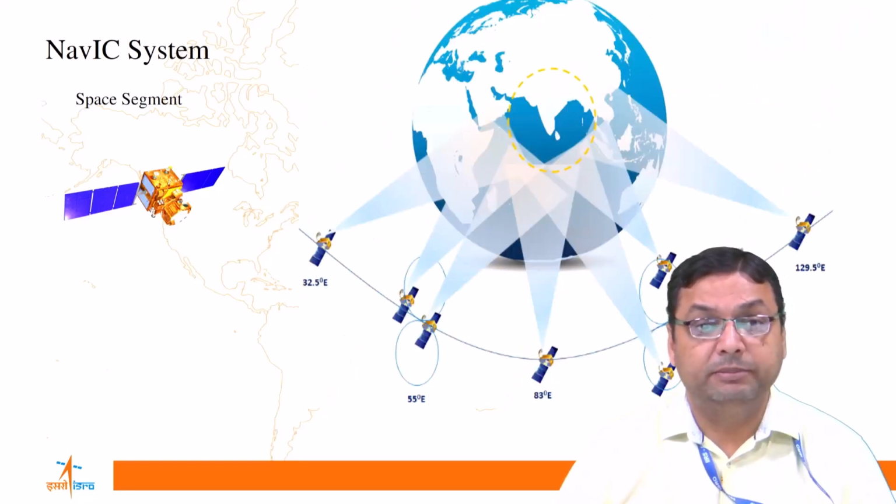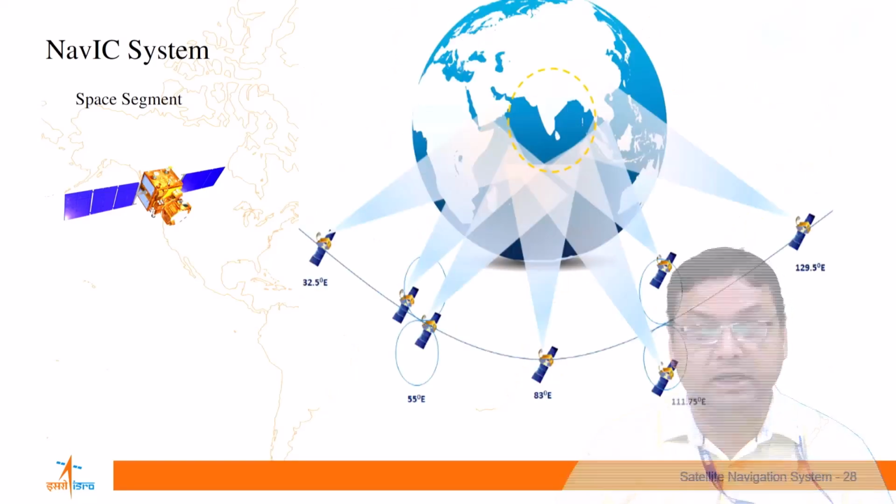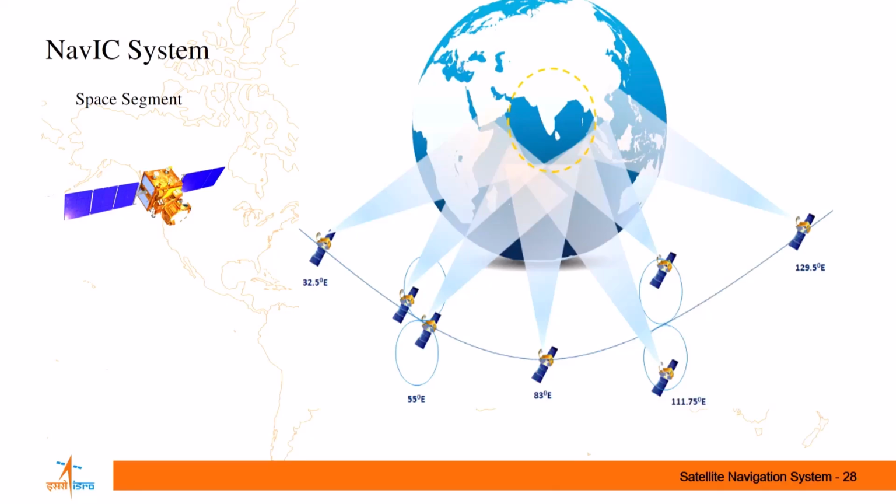So the space segment consists of 7 satellites. 3 are there in the geostationary orbit, as shown here at 32.5 degree east. That is the slot we have in the geostationary orbit. Another one is in the 83 degree east orbit slot. Then the third one is at 129.5 degree east. Besides these 3 satellites in the geostationary orbit, we have 4 other satellites which cross the equator at 55°